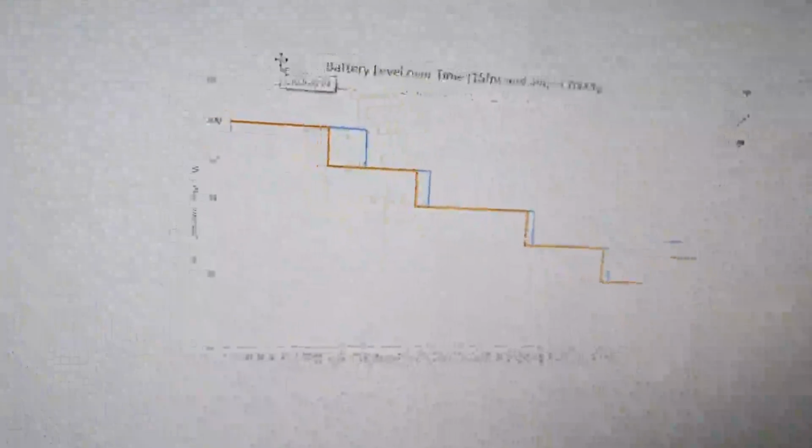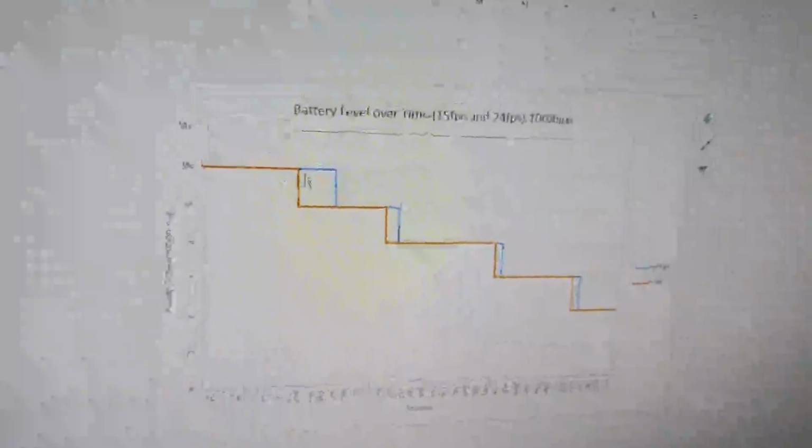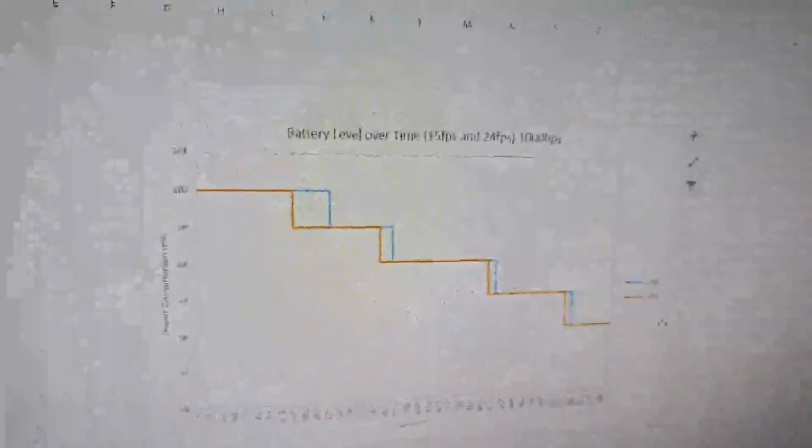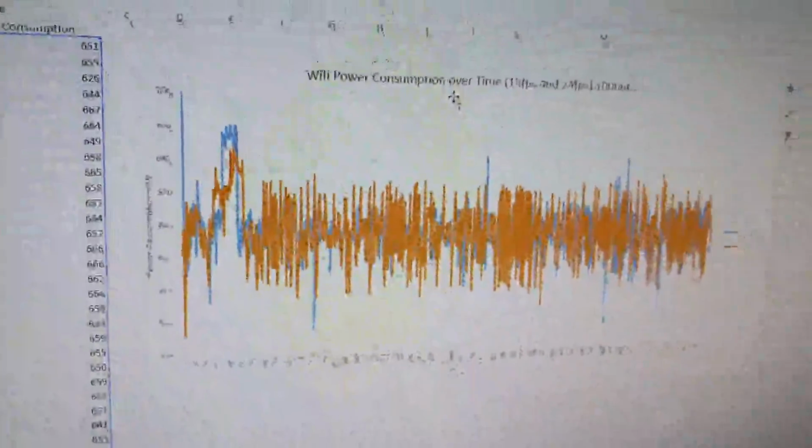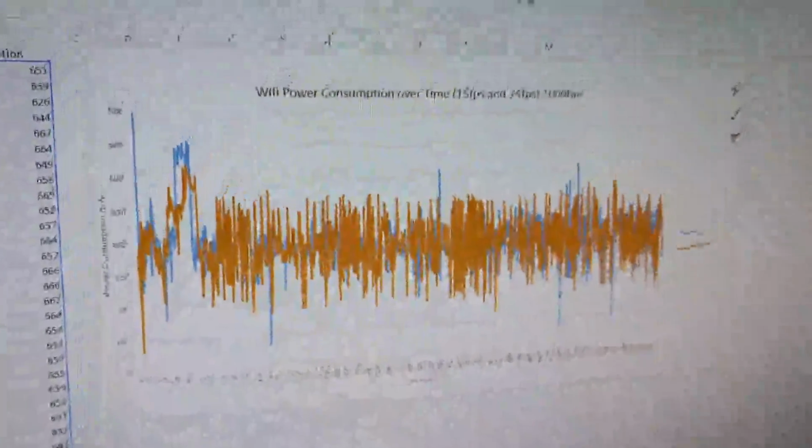and that's injected into this graph. As you can see, the two lines comparing the two sets of data. You have the same thing for the power consumption. You have the column for the 15 FPS video, the column for the 24 FPS video, and that's inserted into this graph. And we've done the same thing for the signal strength.